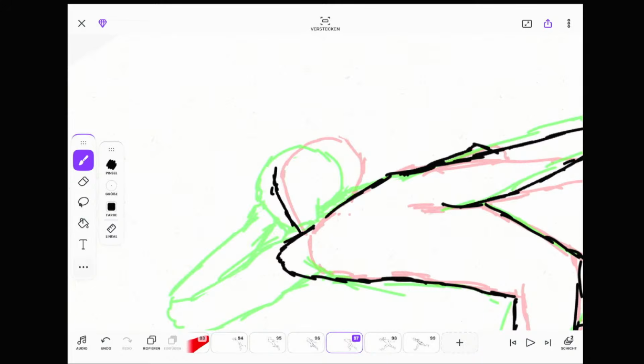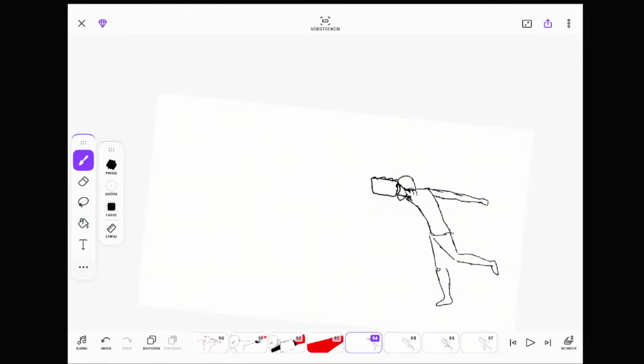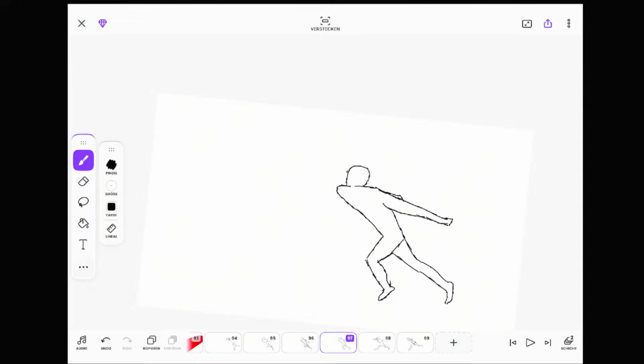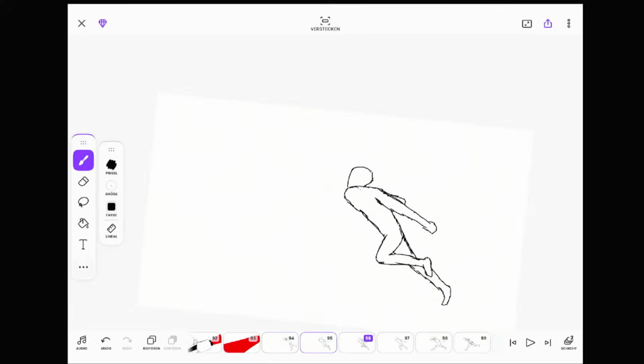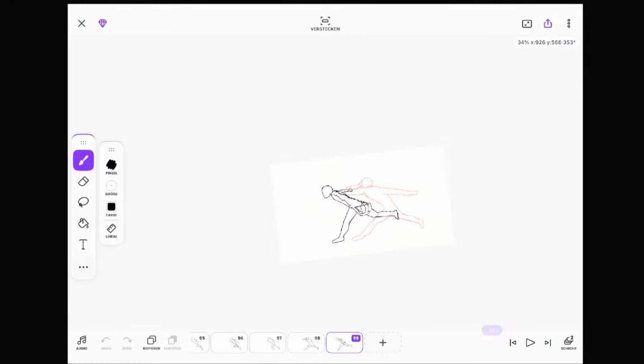With his arm now a little bit more in front. We have the fast movement right here, then slow movement right there. Faster again.